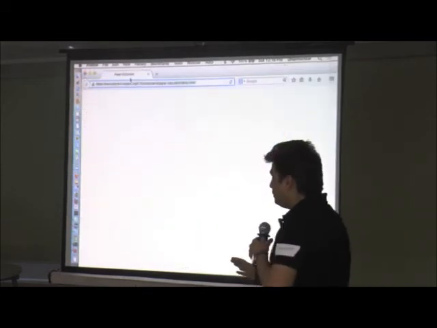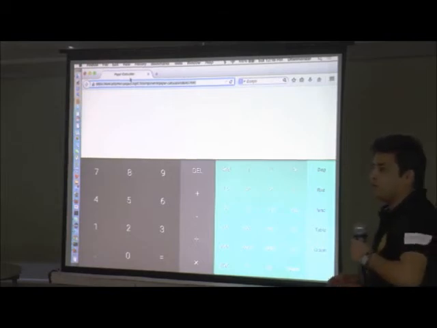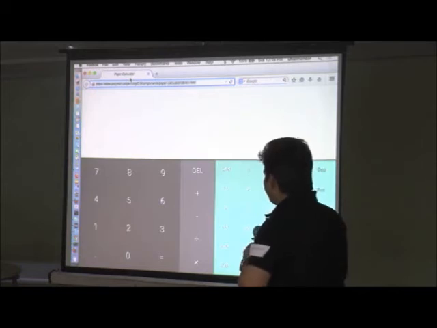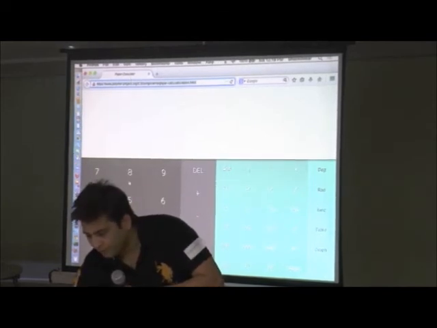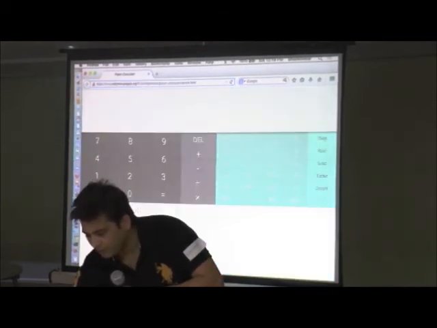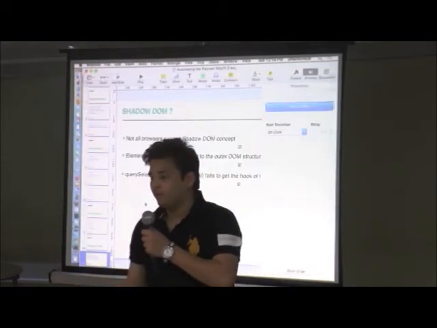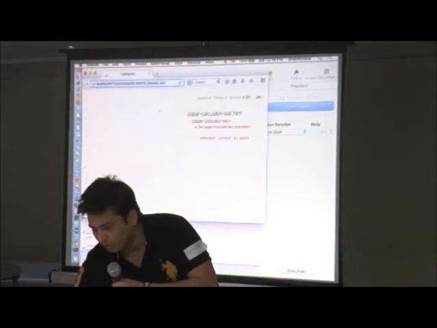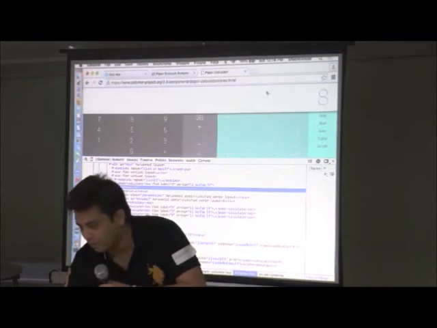Same script, no change, but the shadow DOM concept doesn't work in Firefox. Yeah, so the script won't run. The reason being, if you inspect over here, you won't see that shadow DOM coming up. It's right now available only in Chrome Canary and not in any other browser.